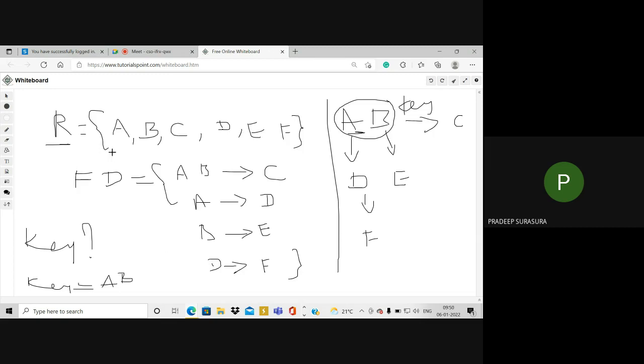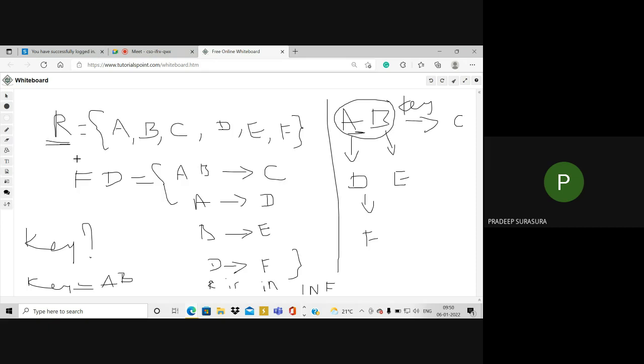Now, when you look at the data, since we don't have any multi-valued attributes here, R is in 1NF. R satisfies 1NF. So first write down the definition of 1NF. You have to solve it like this when the problem is given: deduce the key and normalize R to its highest normal form.